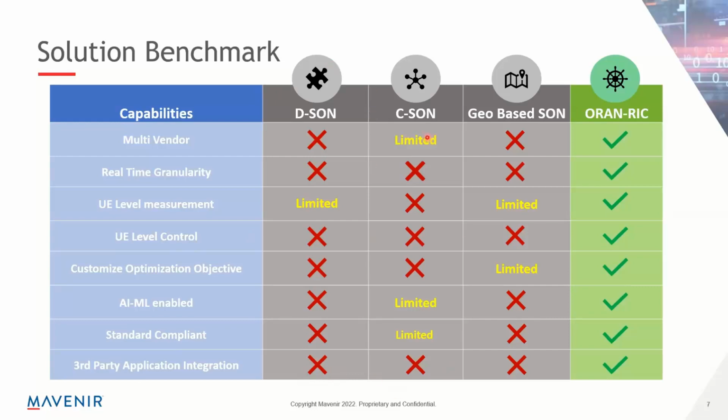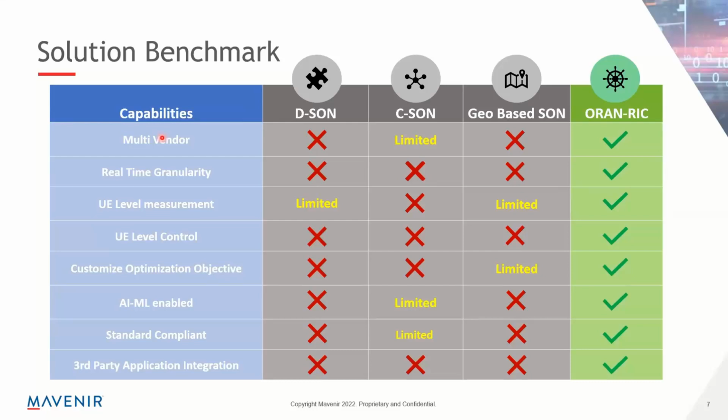And even when we come to the centralized SON, as I discussed earlier, there are only a few players. Even the traditional players who had their own centralized SON solutions are very limited in functionalities. And the centralized SON deployment, especially in multi-vendor scenarios, is very political. Why do I say that? Let's say an operator is purchasing the centralized SON from vendor A, but the RAN solution is provided by vendor B. Let's assume that scenario. Usually in the optimization or services contract, the agreement between the RAN network provider and the operator,